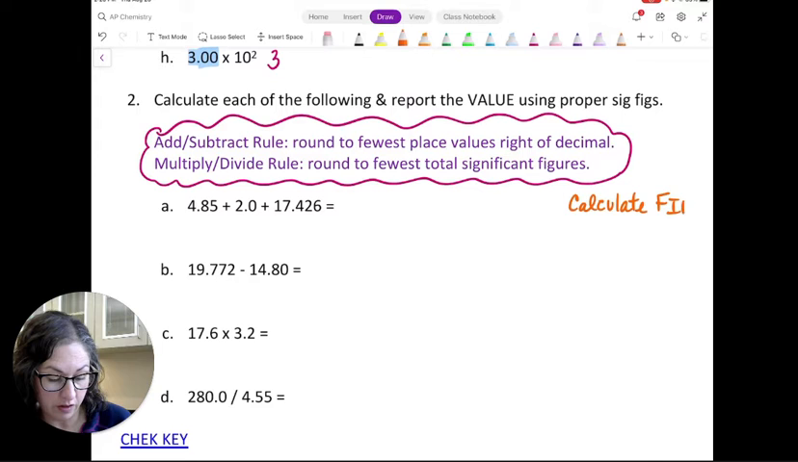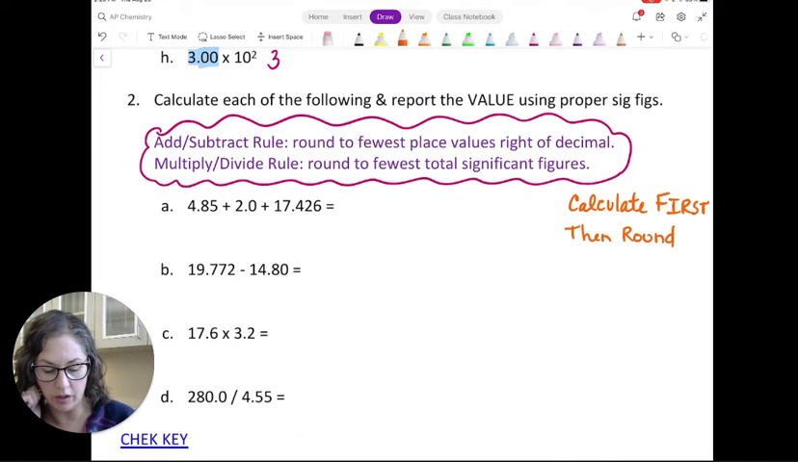First, then round, okay? So that's how we want to do this. So the first thing we're going to do is go ahead and add all these numbers up. And so when I did that earlier, I got